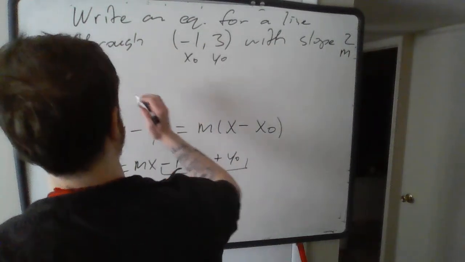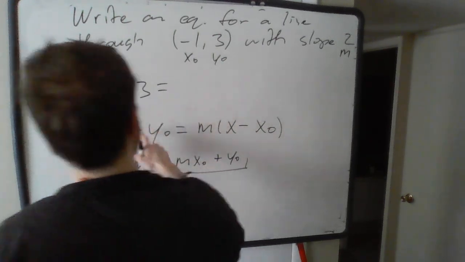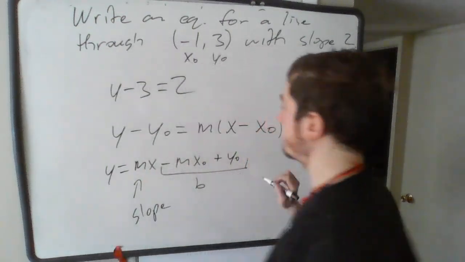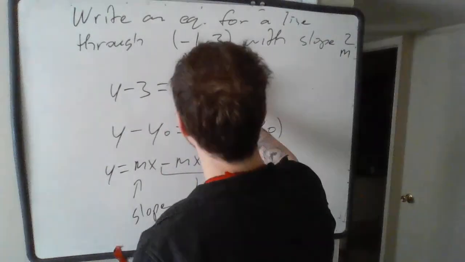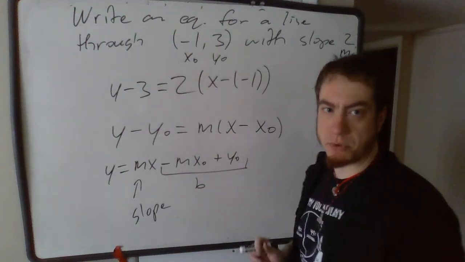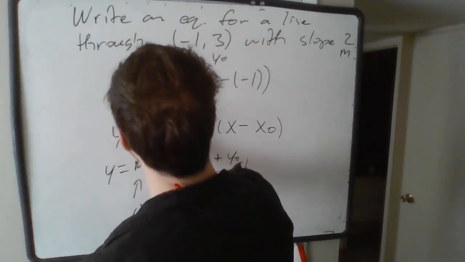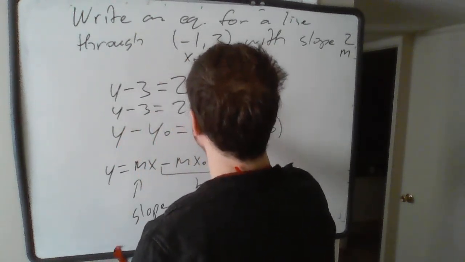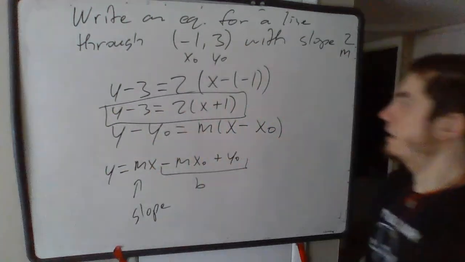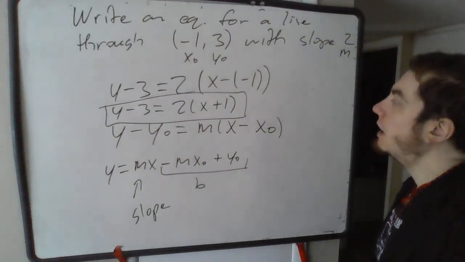But then what I can do is I can say, well, this means that my equation is going to be y minus 3, because remember it's y minus y0, is equal to 2, that's my slope, times x minus -1, because the x0 is -1. And we can simplify this slightly to say that this is y minus 3 is equal to 2 times x plus 1 if we want to. I would say that, when you have negatives that just cancel so easily, you should do that. Okay,